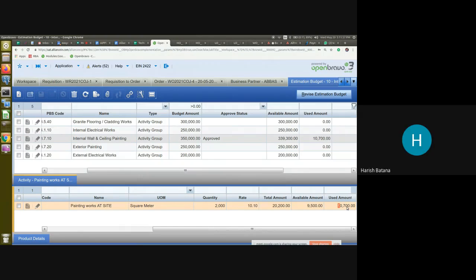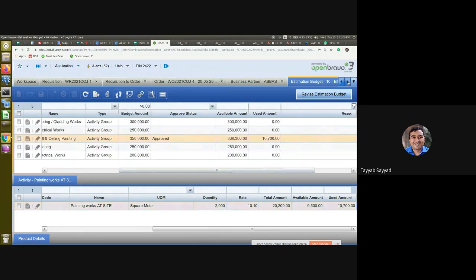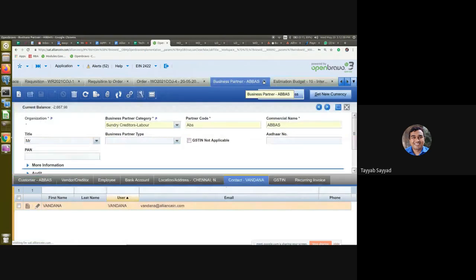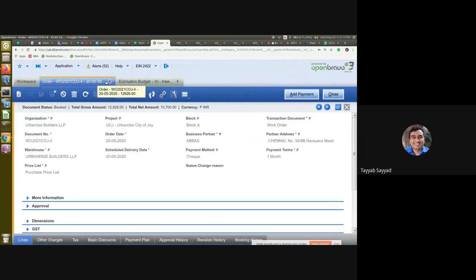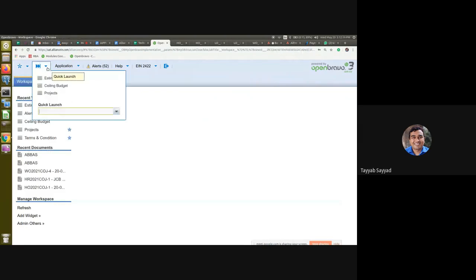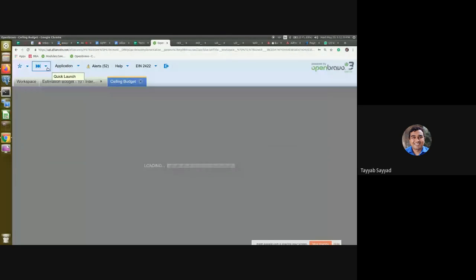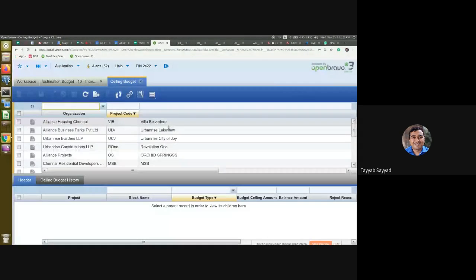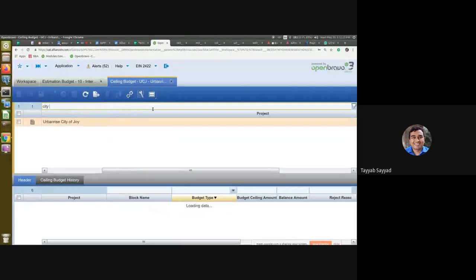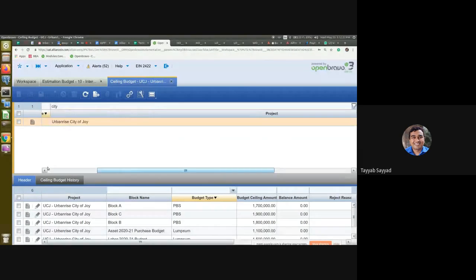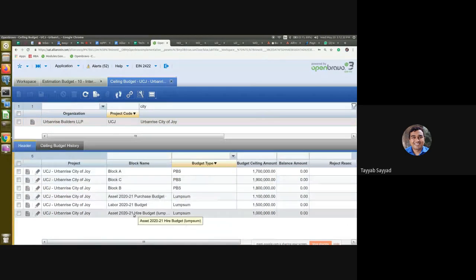So similarly in lump sum also we can see the usage. Can you show that as well? Yes. So this is about estimation, and for the lump sum also, I'll just close the tabs. This is the project I selected, City of Joy, Asset hire.